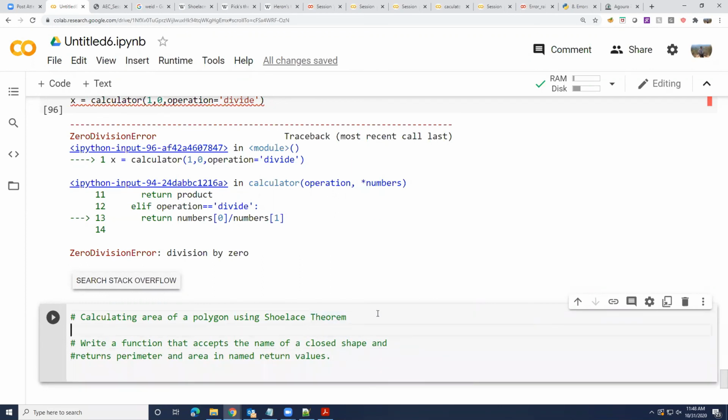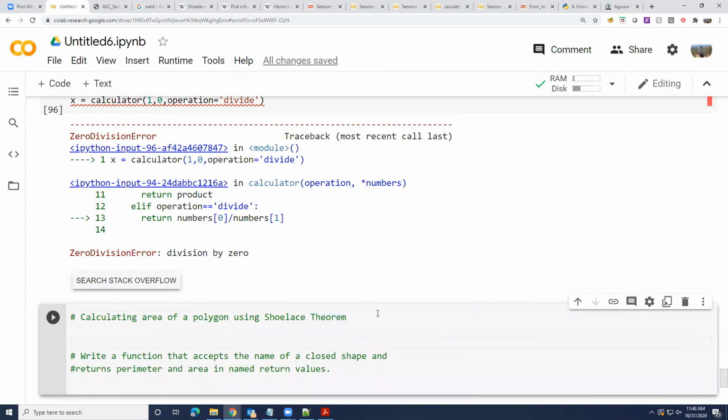So you should accept, let's say circle, your function should accept function test of circle as one argument, and then some other named arguments, maybe some dictionary of arguments, whatever you need to calculate the area and perimeter.